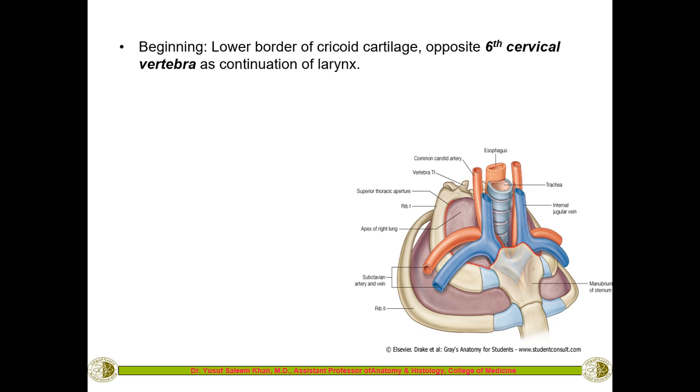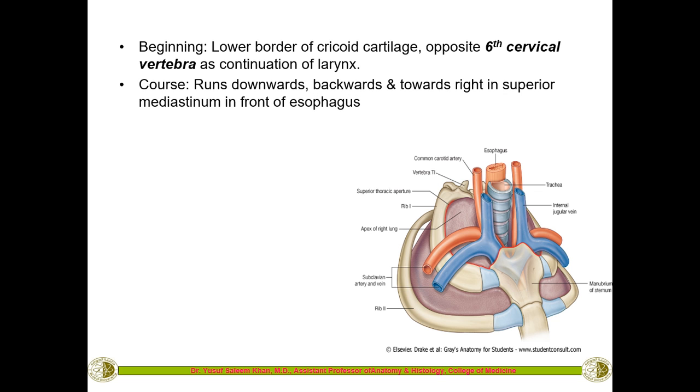As I said, the beginning of this trachea is from the lower border of the cricoid cartilage, because the cricoid cartilage will be the end of the larynx. So it is at the level of the 6th cervical vertebra, and it runs downwards, backwards, and toward the right side. The trachea is slightly deviated. It is not exactly at the center, but it is slightly toward the right side and in front of the esophagus. You can see here the esophagus behind. This is the trachea and this is the trachealis muscle, and see how it is well placed and not pressing